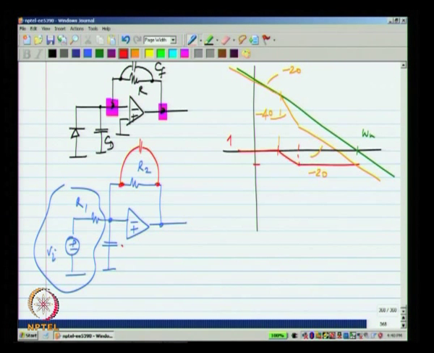If you run into stability problems because of this capacitance, I will call it CD, it is not due to any diode, it is just the parasitic capacitance at the input. You can introduce a 0 and fix the situation. Okay. Now, when you have resistors, you also have the freedom to simply reduce the resistor values, so that the parasitic pole moves to high frequencies. Now, when that is for some reason not permitted, you can introduce a 0.